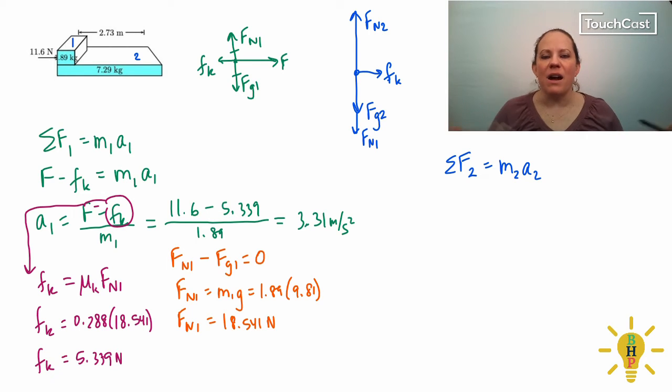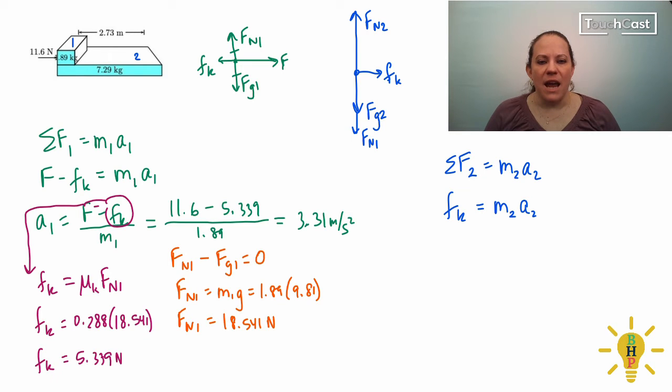My second block, my larger block, is not accelerating vertically. So it's only the horizontal pieces that matter here. So I have my friction force equals the mass of block 2 times its acceleration,